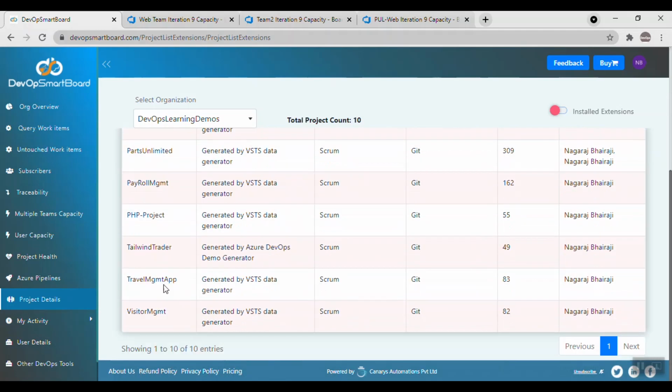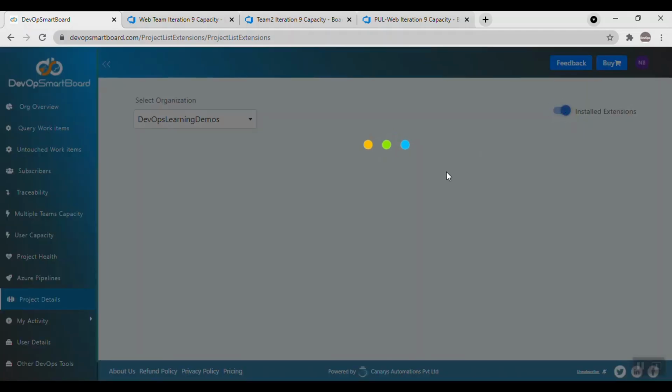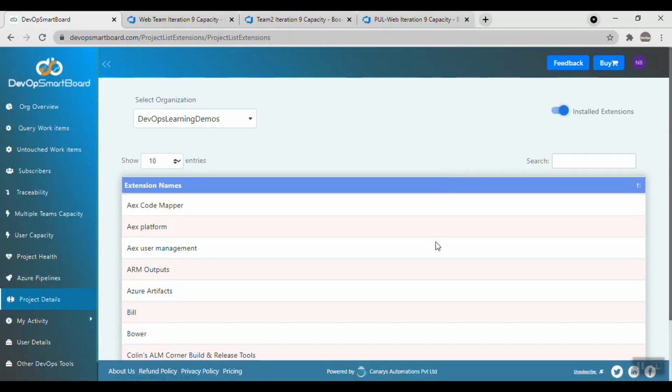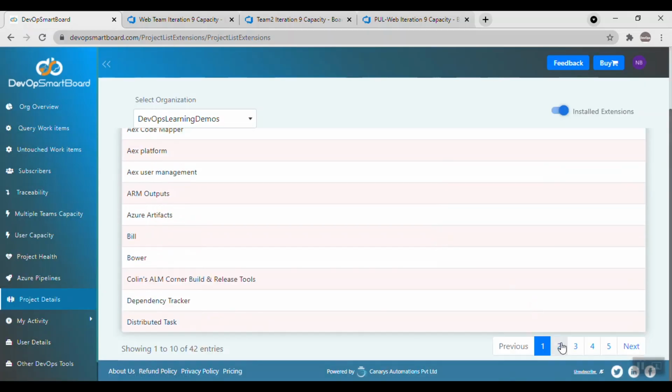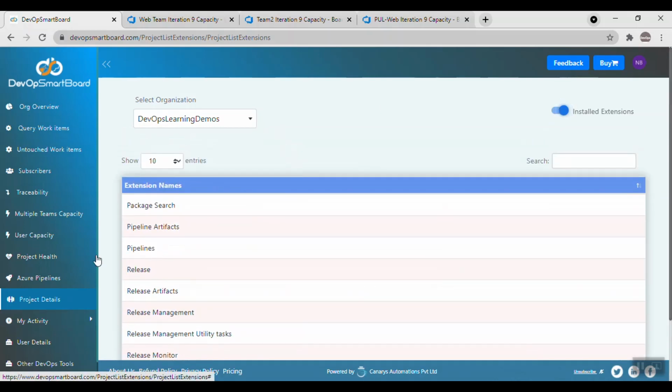So I can get that list here, and also I can know what extensions are installed in this organization. It gives me all the extensions installed in this DevOps organization. I can go through each of those extensions here. So this was about project details.